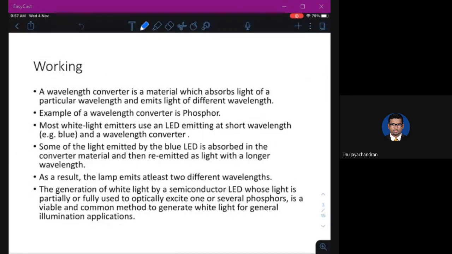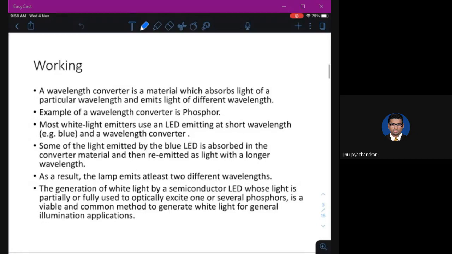So till now we have seen that whenever you want to produce a white light, for example, if it's a dichromatic white light, we will have in our substrate two active layers, one which will produce a wavelength, and the next active layer will produce a complementary wavelength. So when you see the mixed version of the wavelength and the complementary wavelength, you finally end up seeing a white light. That is the typical white light generation that we have seen in the last lecture.